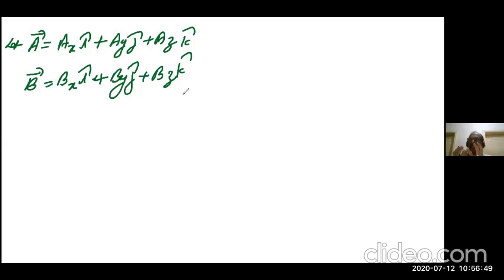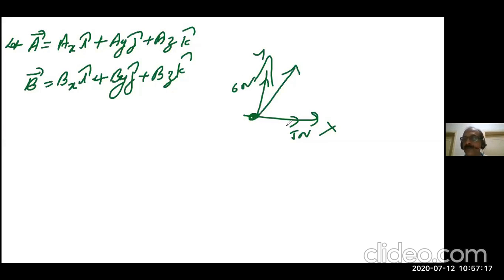Imagine an object at the origin, with three forces acting, 5i, 6j, 7k. Now the object will undergo a displacement. That displacement also will have three dimensions, X, Y, Z. Suppose in two dimensions, this is the X axis, this is the Y axis. One person pulls the object with 5 Newton, another person pulls it with 6 Newton. The object moves in this direction, so it has a displacement with two directions, X and Y. So it has work in the X direction as well as the Y direction.